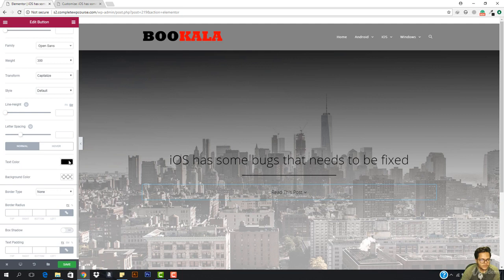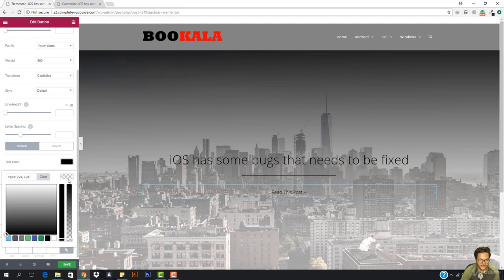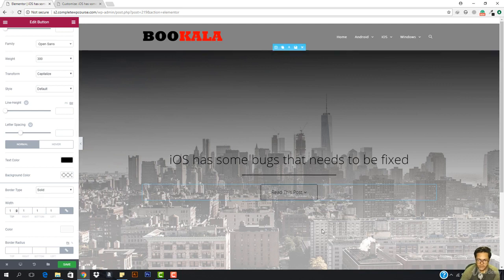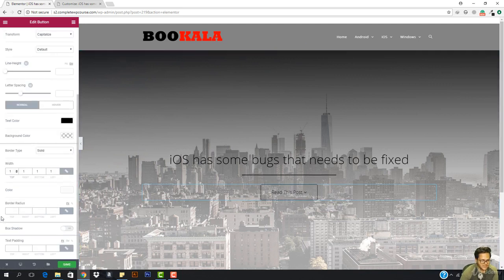Okay, what I want to do right now, I want to add a border right here. So I want to go to the border type. I want it to be solid, and it should be 1 pixel from all the sides. So this is how it is, and I want the border radius to be 200. So this is now full like this. Okay,